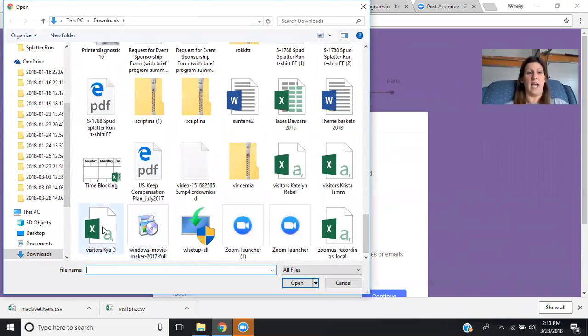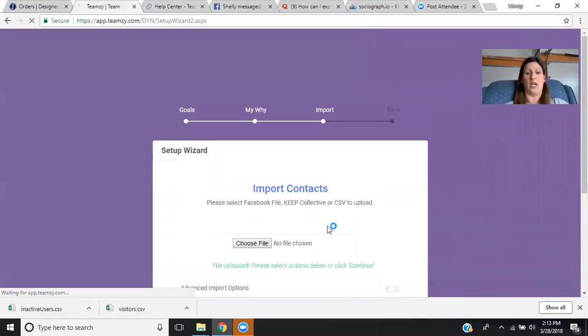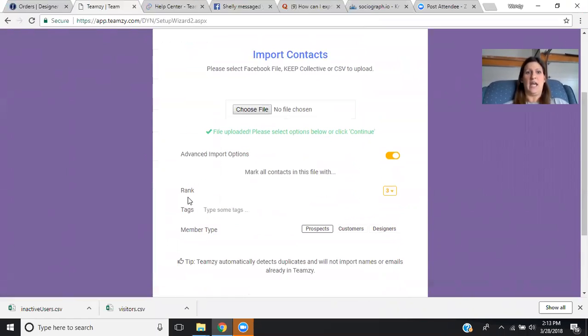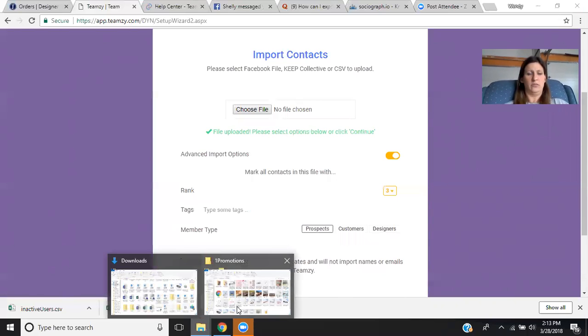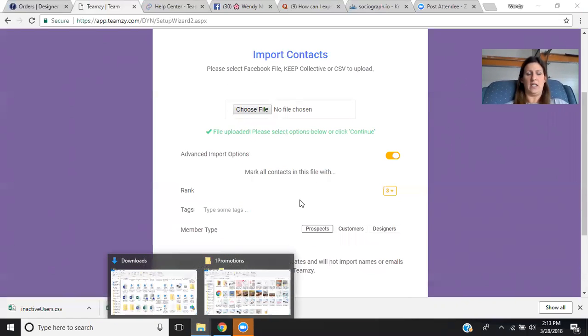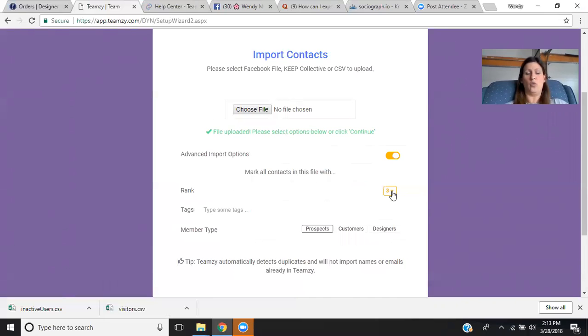All right, so here's Kaya, visitor Kaya. So I'm going to double click and import it. It's already done. So now I'm going to go down, and I can give these a ranking. Now I'm trying to remember which one I did. So since those were the ones that were active in the party, I'm going to give those